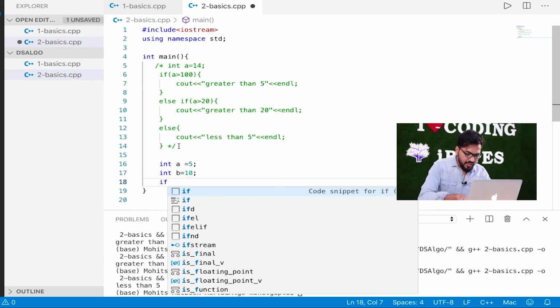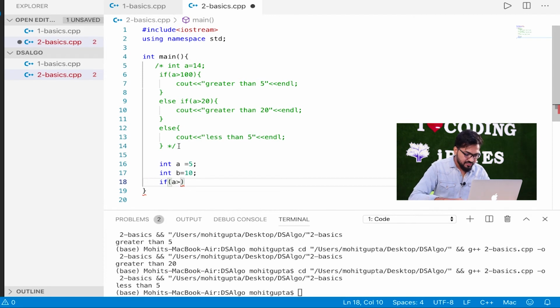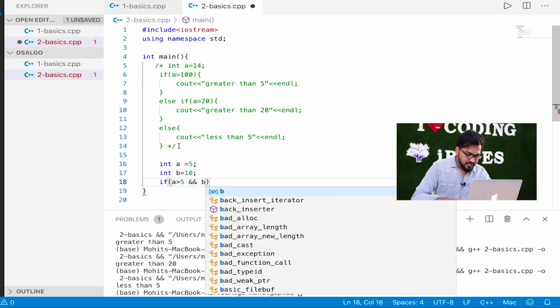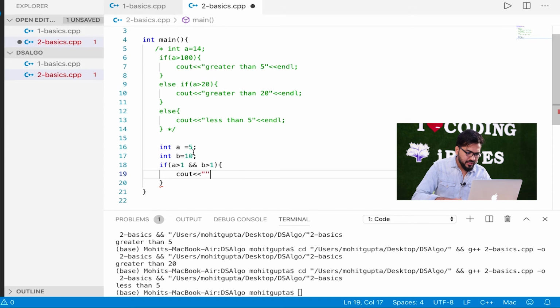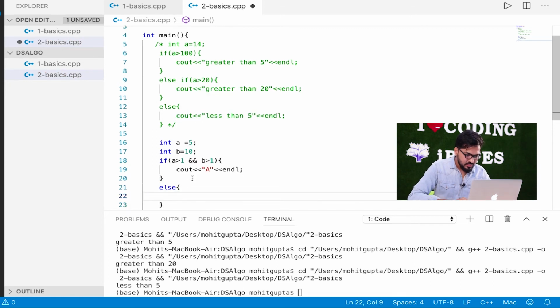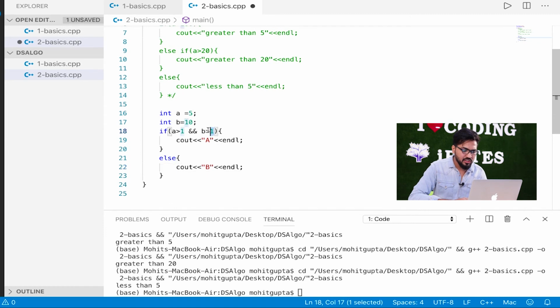So if a is greater than 1 and b is greater than 1, cout a, and else cout b, okay. So let's see if it prints a or b. We will know whether it overall comes out to be true. It should come out to be true, right, because this is also true and this is also true, okay. So let's run it.